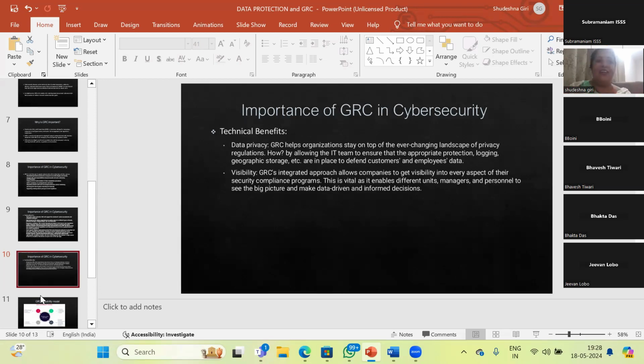Yeah, that's rightly said by Sudeshna. When we talk about implementation of GRC, it is a combination of all. When you talk about GRC in cybersecurity, it is not much different whether we talk about ISO or HIPAA; it is basically what I need, looking from the governance point of view. Finally, all roads lead to Rome. Correct me, Sudeshna, if I am wrong. No, it's absolutely correct. That is why I said it depends.